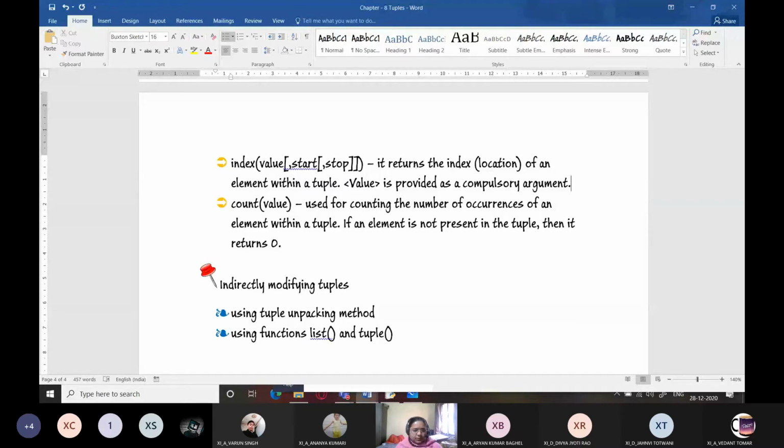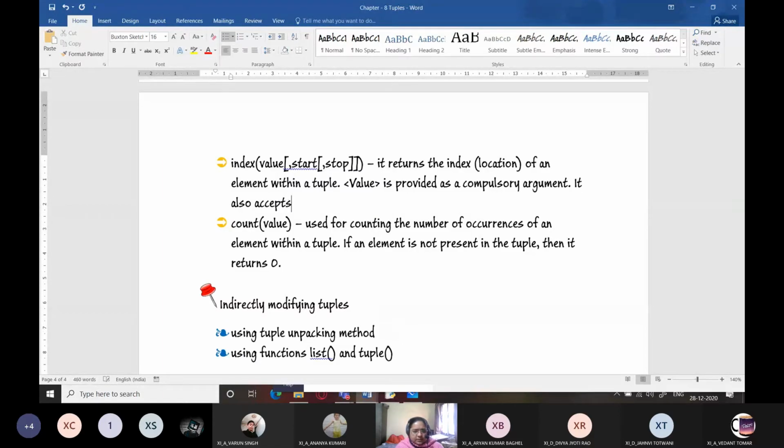You can think of it this way also, you have to give the value, right? Otherwise it doesn't make sense in using the index function if you don't provide value to it. Next, it also accepts two other optional arguments known as start and stop.